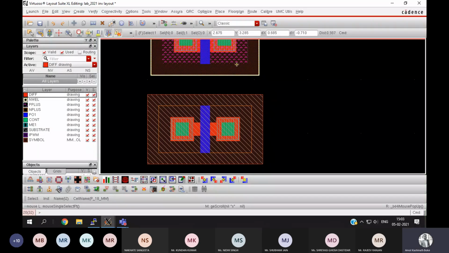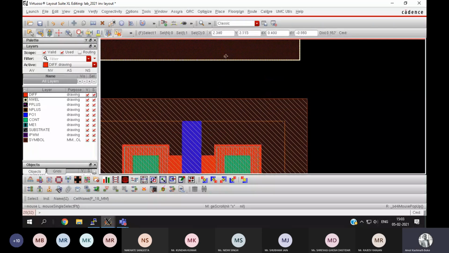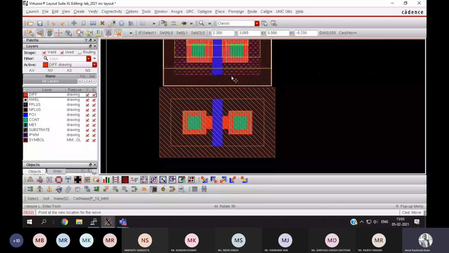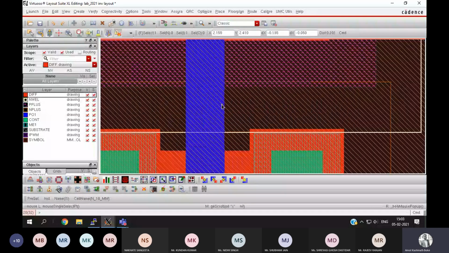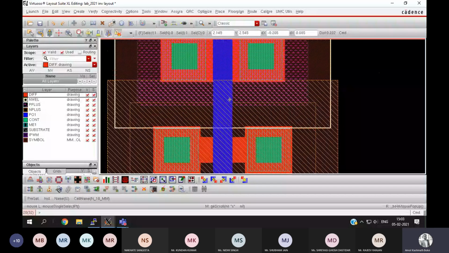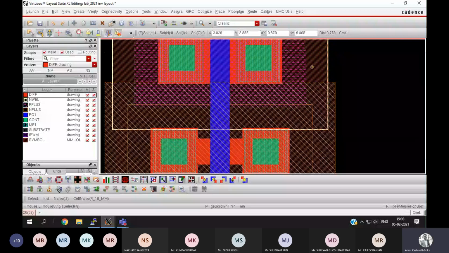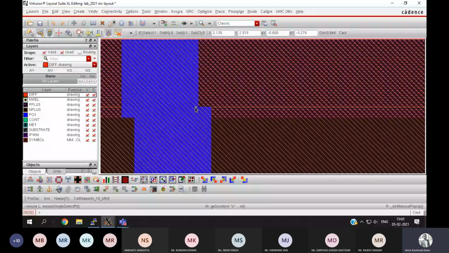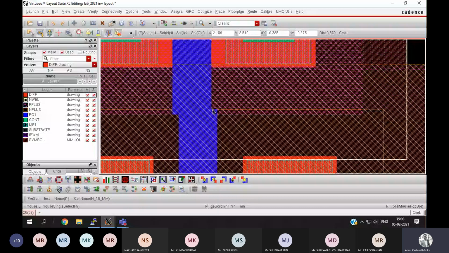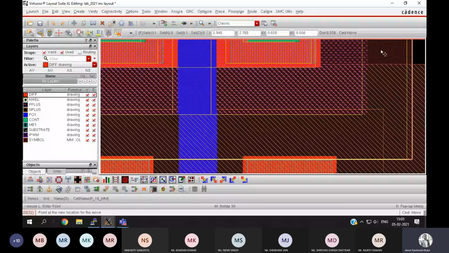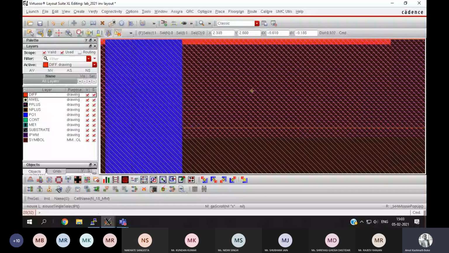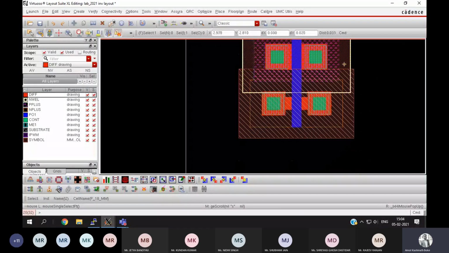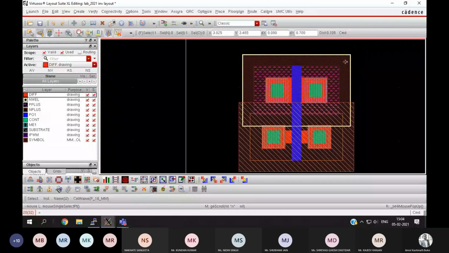Okay. So what we need is to first align this over each other. Okay. So are they aligned perfectly? If you want to see an imperfect alignment like this, it will generate the DRCs. Okay, this will generate the DRCs. So what you need is to be like this at this exact position. Okay, now